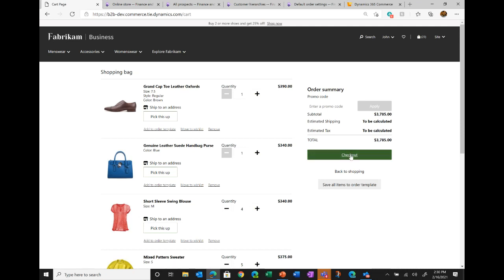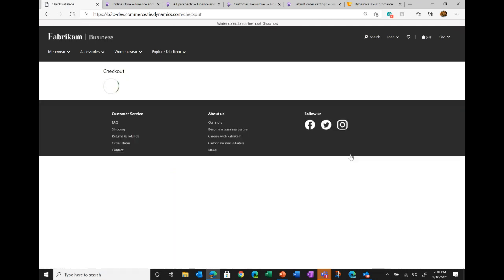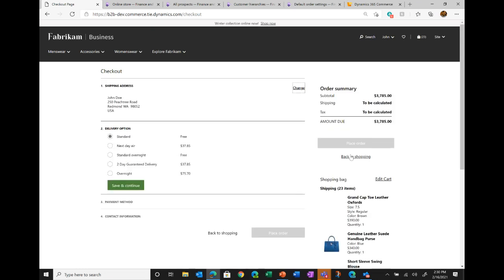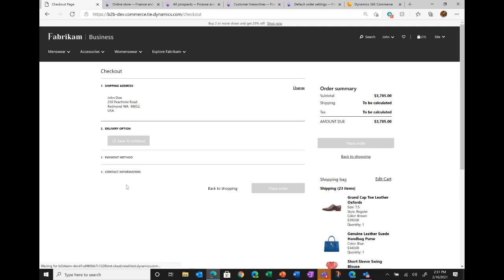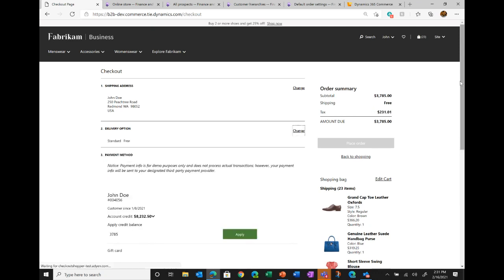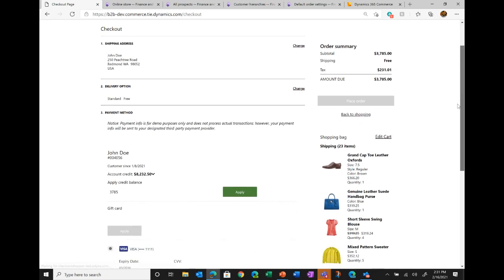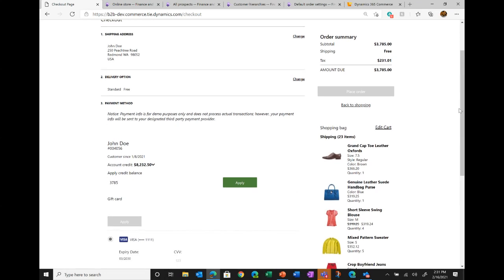The other functionality that we have enabled is the on-account payment, like I mentioned earlier. So when users are going through the checkout flow, the experience is very similar to the B2C e-com checkout experience. They can choose a shipping address. The default shipping address gets defaulted. They can choose to change it. They can choose a delivery option, or pretty much standard functionality. And when it comes to payment method, this is where the on-account thing starts lighting up.